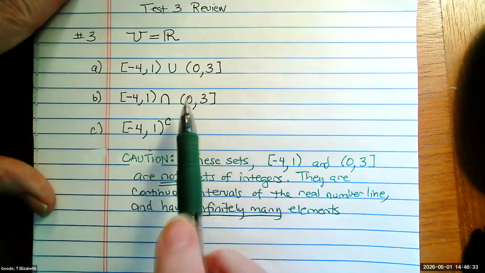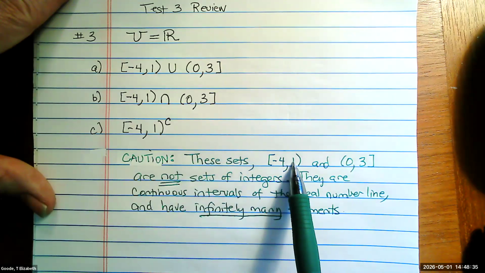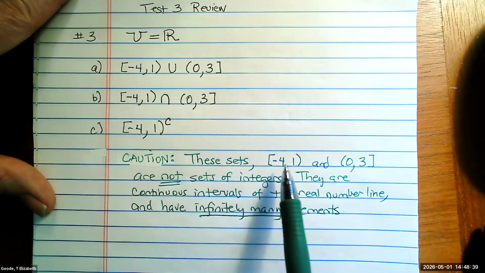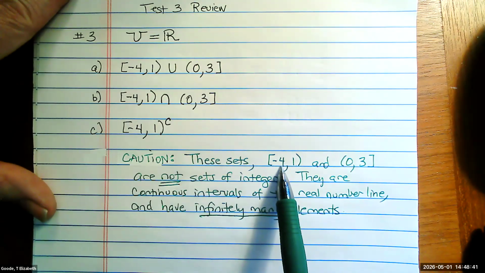So, for example, you understand that when there's a soft bracket, we don't include the endpoint, but when there's a square bracket, we do include the endpoint. Do you understand that? Yeah. So, in particular,